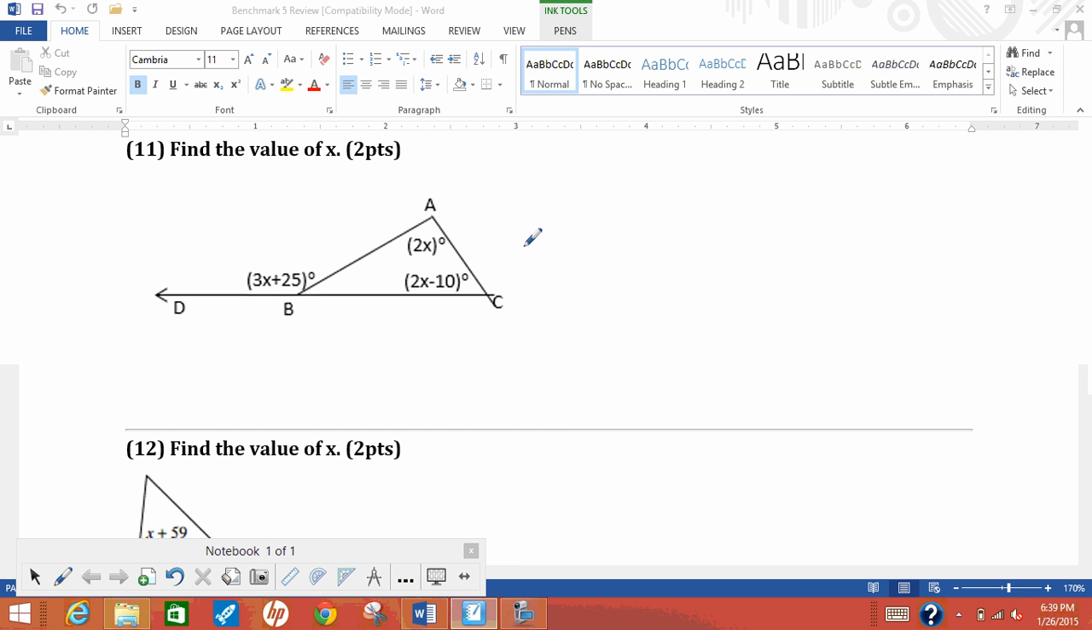In this problem, I'm looking for the value of x only. I have to understand this relationship. I have two interior angles in a triangle, and then I have a remote exterior angle over here. It's remote because it's away from these two, and it's exterior because it's on the outside of the triangle. And the relationship here is that this remote exterior angle